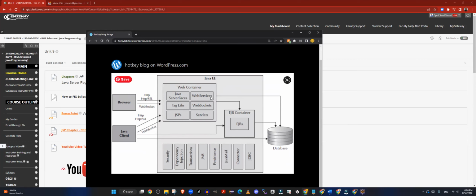It has JSP, servlets, JSF, tag libraries, several different technologies within the web container. Now, whatever code you write in your web container eventually gets translated into a servlet,